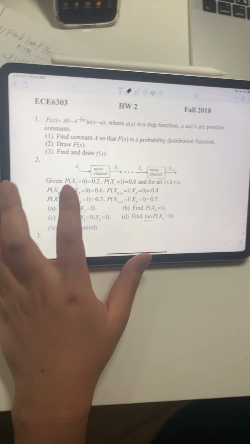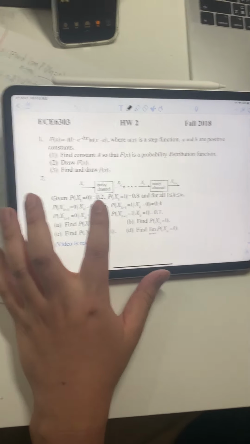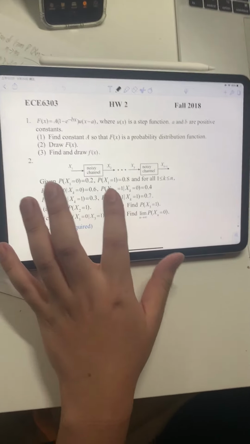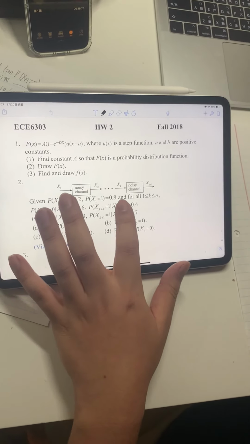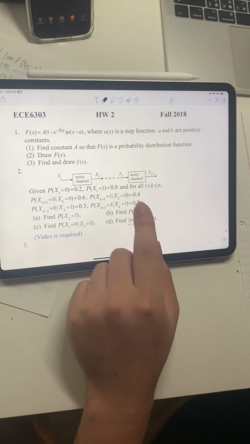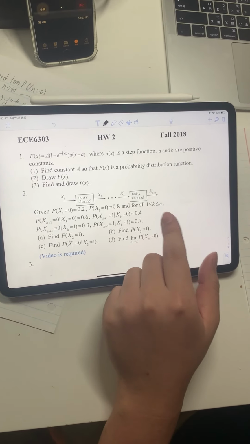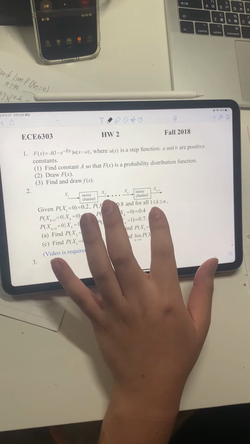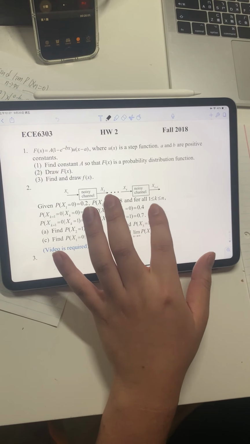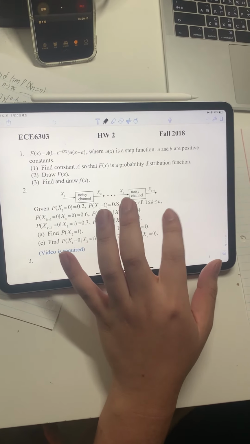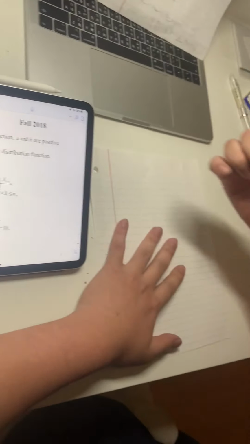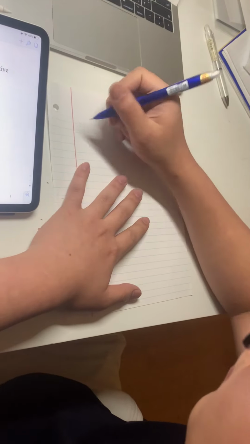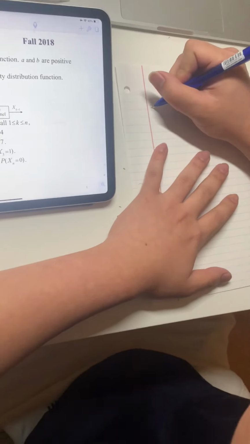Here's the question. Given probability x1 equals 0 equals 0.2 and probability x1 equals 1 equals 0.8, and for all x greater than or equal to 1 and less than or equal to n, we will get this probability. So as the question provides,